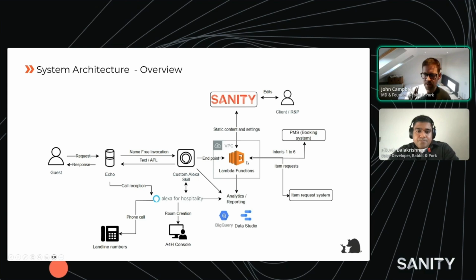And from there, it will then send a request over to the PMS system, maybe to get your room balance, or maybe you're requesting an item and we'll send it to a room item request system. Something like what time's the swimming pool open, it goes over to Sanity, looks into the content lake, finds out the particular facility, pulls back the information, packages it all up, and then sends it back